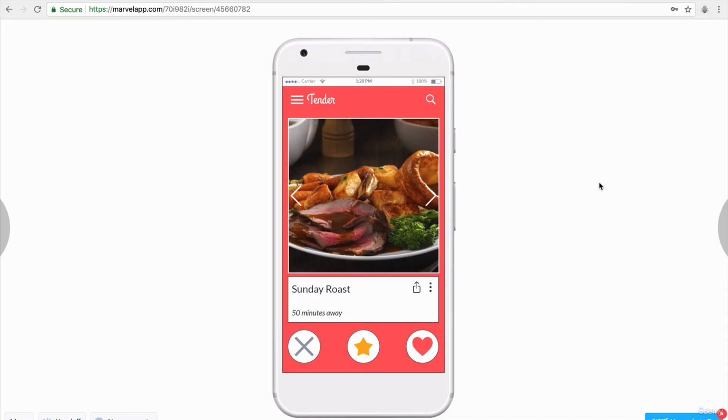So let's say that I'm bored of swiping on Tinder for my next match, and instead I want to find my perfect match in the form of a Sunday roast. So what if I have an idea for an app called Tender, and it's going to match me with the dish that I fancy the most right now. And it could be a delivery app such as Uber Eats or Deliveroo, where I get that meal made and sent to me, or it could be just a recipe app where I try to find the thing I want to make today. So here's an app idea, but how do I know if it's actually a good one?